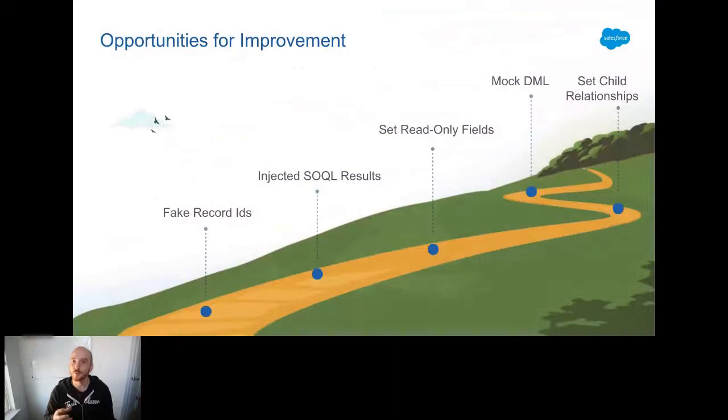There are some other things that we can do to improve the quality of our pure unit tests, in a way that will allow us to write hundreds of tests and execute a plethora of tests from every different type of logical angle on our code, that does not become a hindrance to running those tests as a prerequisite, because they perform so fast. So my challenge to you is, we already talked about using fake record IDs. That's great, super helpful. We already talked about using injected SOQL query results, super helpful. You might be able to, and in fact you can,